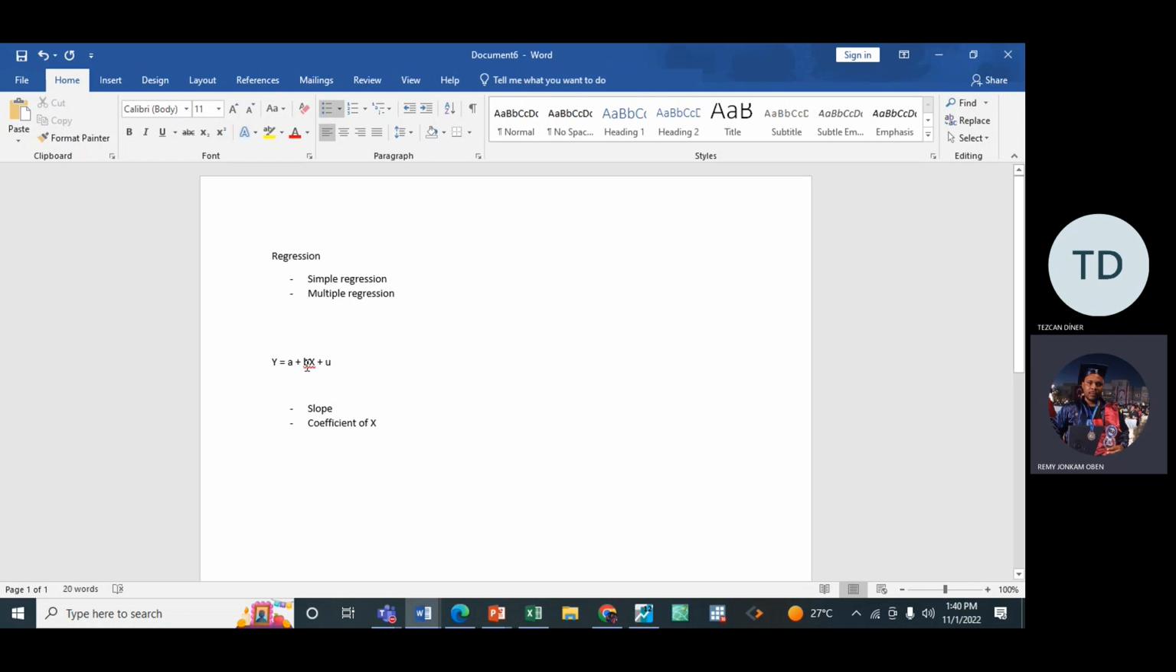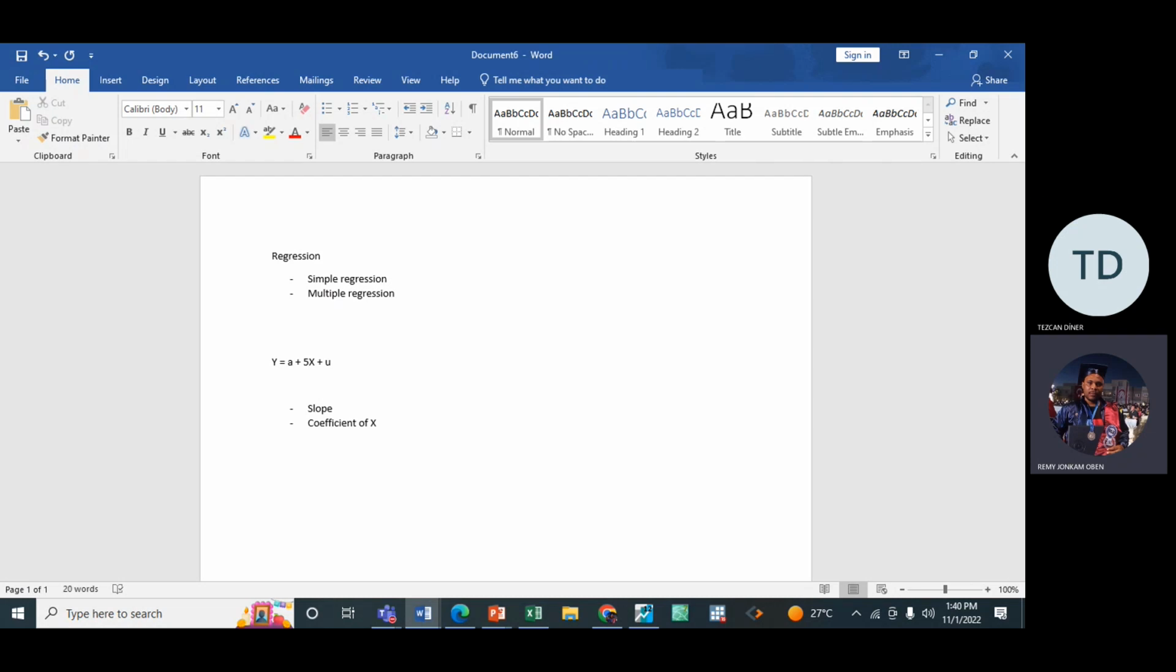So this b here tells us the degree to which this x affects this y. Because in regression, we are trying to find out how the independent variable affects the dependent variable. So the coefficient of this x, which is b, which is actually the slope, tells us how much x affects y. For instance, if I put 5 here,